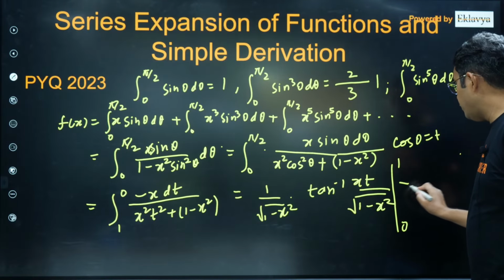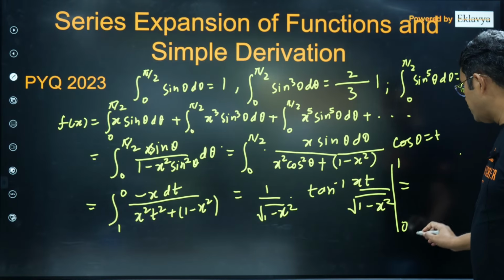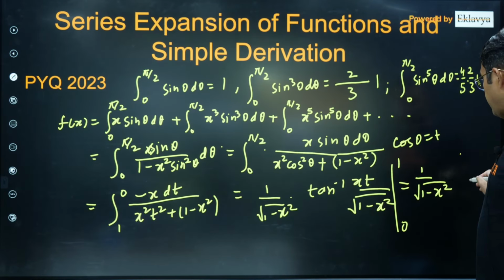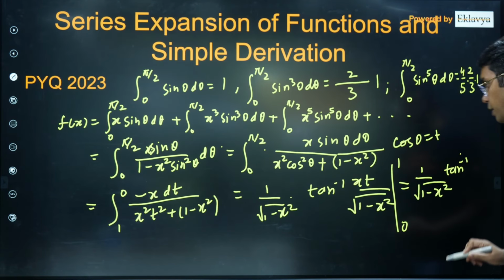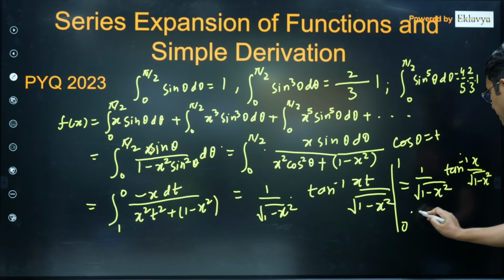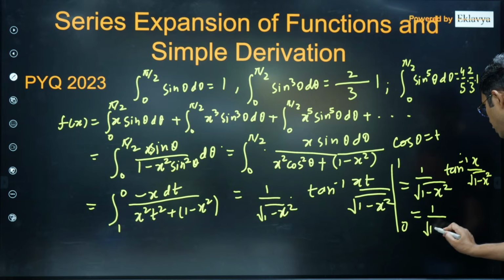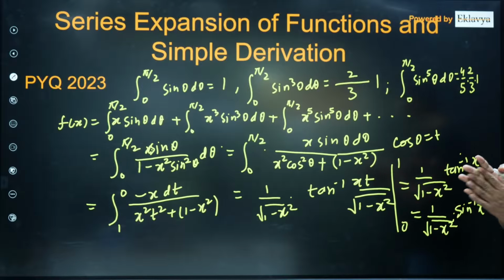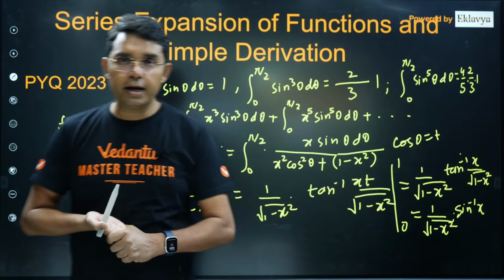Now if you put t equal to 0, this will be 0. If you put it as 1, it will be 1 upon root over 1 minus x^2 into tan inverse of x upon root over 1 minus x^2. So this becomes equal to 1 upon root over 1 minus x^2 into sin inverse x. You just convert tan inverse in terms of sin inverse. So you can see this way also we are getting the same